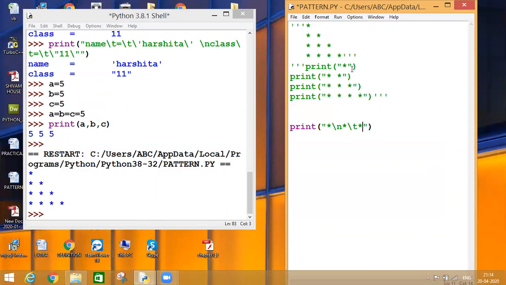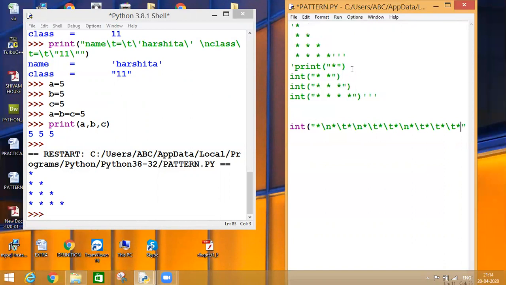After typing these 2 stars, I need to change the line. So I'm using \n. After changing the line, I have to print 3 stars along with tab space. It's done. Now again I need to change the line. After that, 1 star, then tab space, 2nd star, tab space, 3rd star, tab space, 4th star, and it's over.